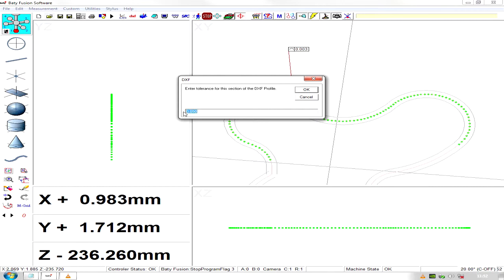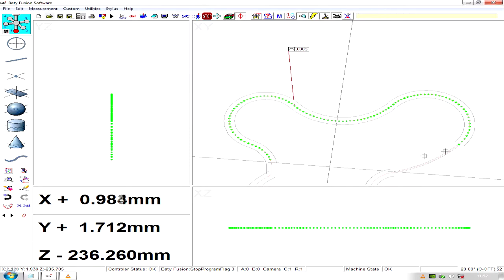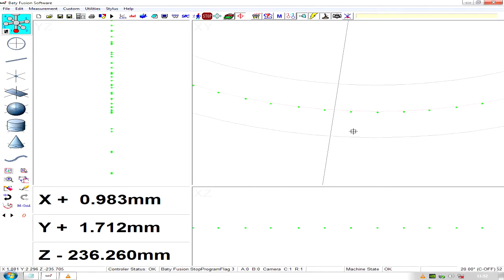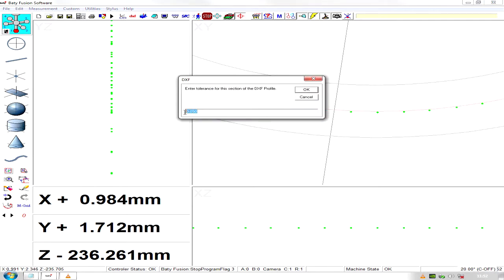So if I change this 50 micron tolerance to, let's say, 10 microns, you can see in this particular section the tolerance band has been narrowed right the way down. So in order to select that in an area of interest, I'll just zoom in first so I can right click on the line. Let's change this one to 10 microns,